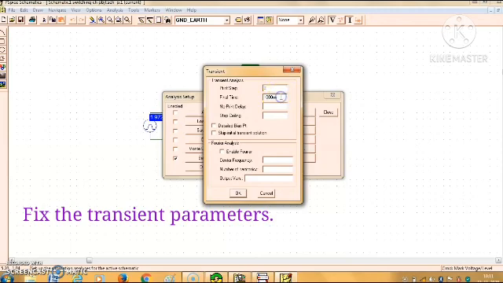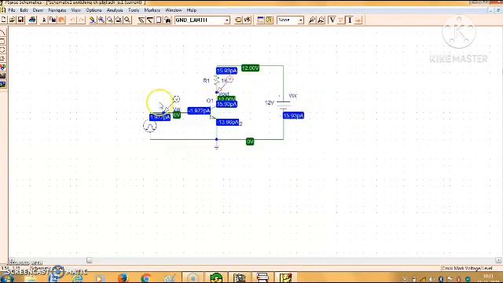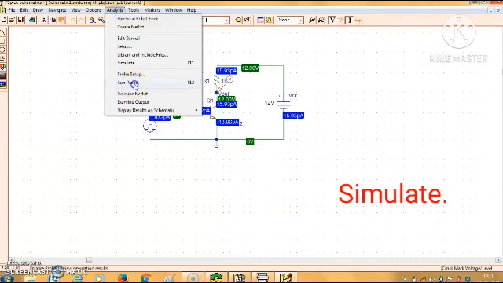Here I am selecting the final time as 5 millisecond, because here I want to see 5 complete cycles, as I have put the time period equal to 1 millisecond. Now simulate it again.